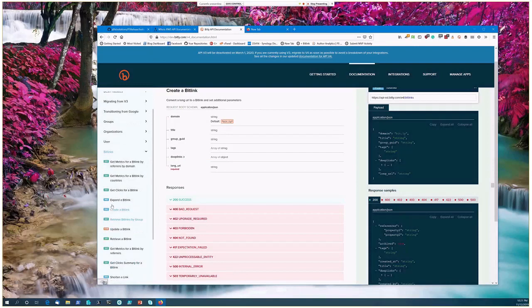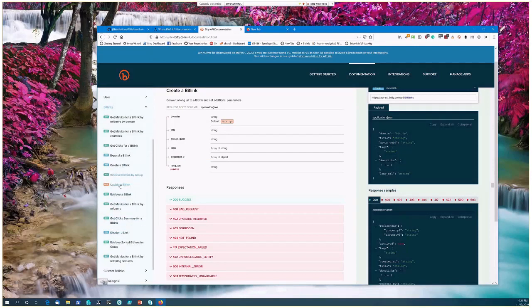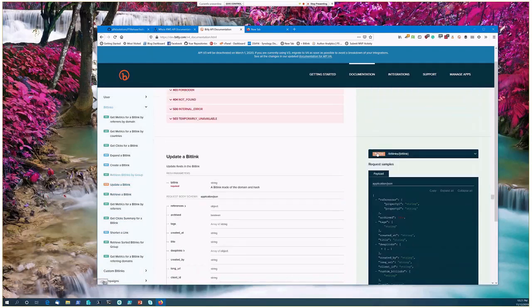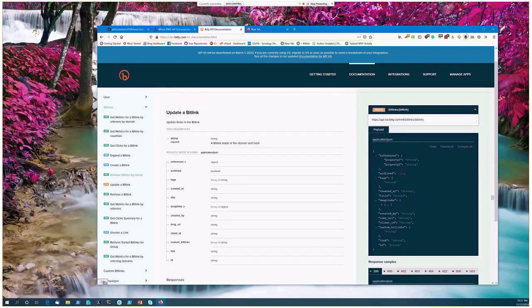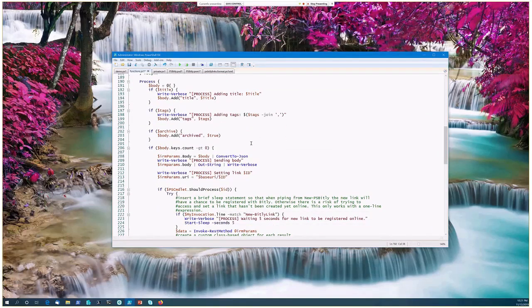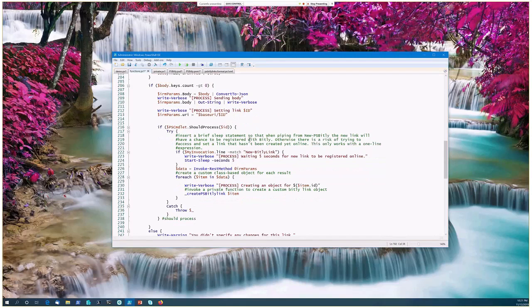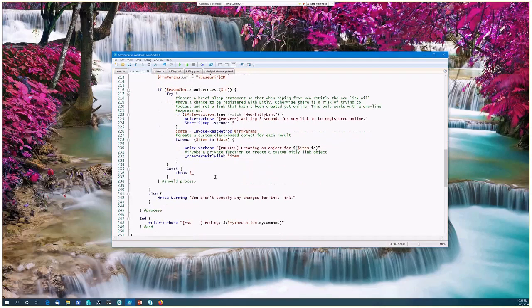And this is something that threw me at first until I looked at this. So if you want to update, the verb is not post, it's patch. And so that could be something you may not be used to, but again, there's the link, and then you can see all of the parameters, and that's what I'm building here into the function. So I've got code that if I pass certain parameters, such as title or tags, I just add them to the URI that I'm going to be building, and then create the